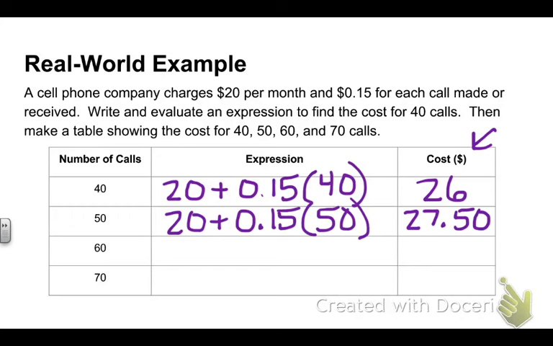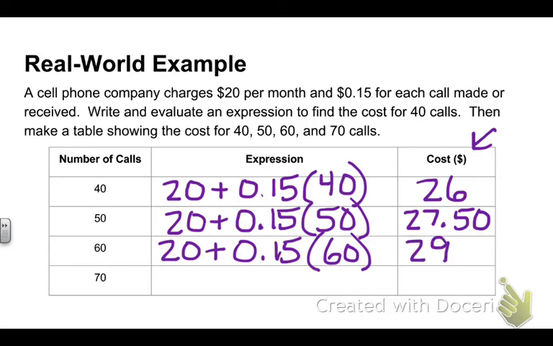Let's write an expression for 60 calls. Still have that $20 per month plus the 15 cents per call, so we're multiplying by 60. So if I take 15 cents times 60, I get $9, and 9 plus 20 is going to give me